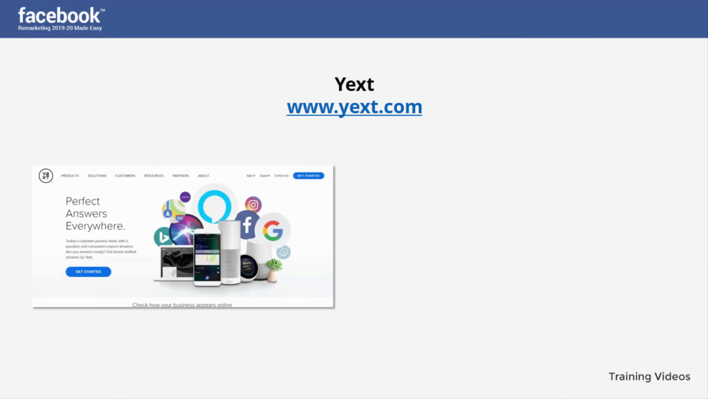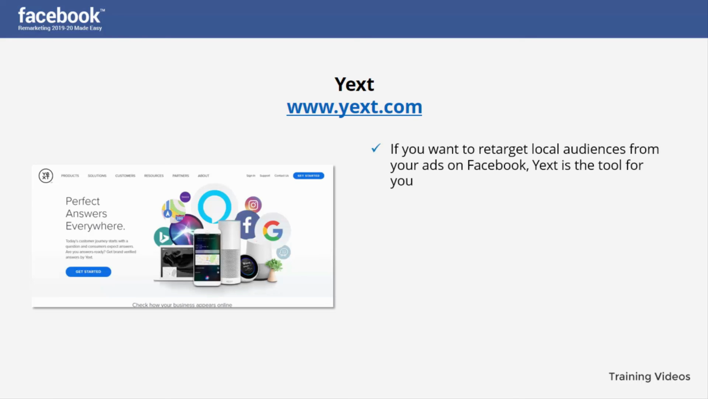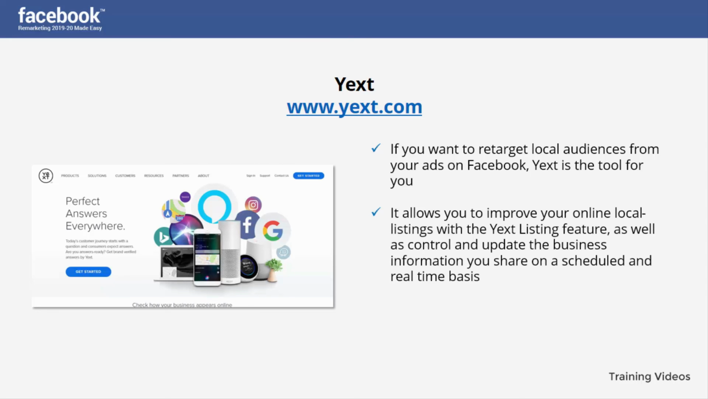Yext, www.yext.com. If you want to retarget local audiences from your ads on Facebook, Yext is the tool for you. You can easily find the people inside a certain radius of your business address with this tool. It allows you to improve your online local listings with the Yext listing feature, as well as control and update